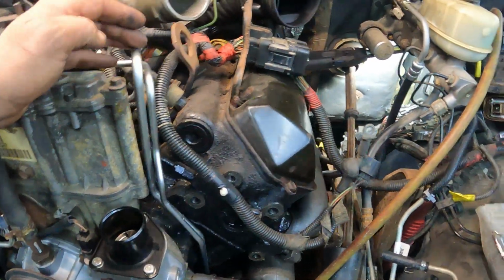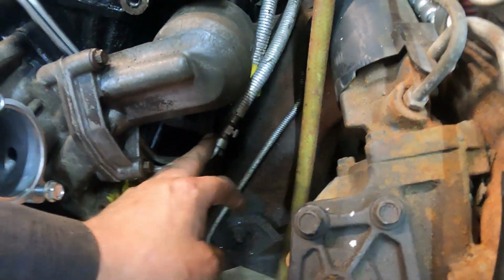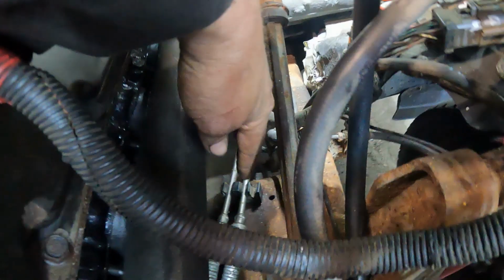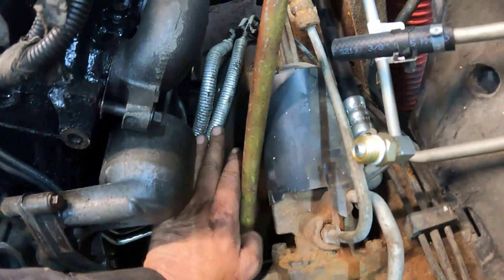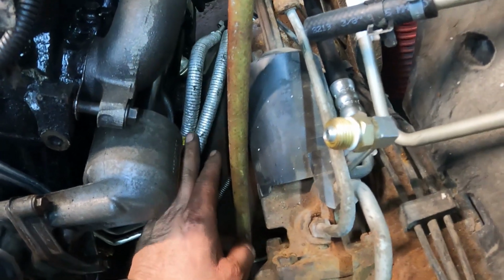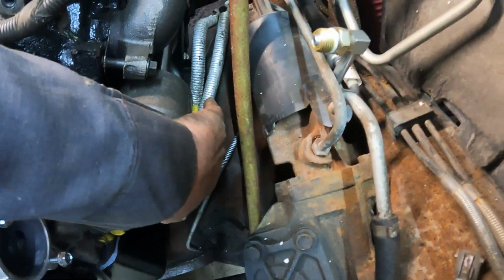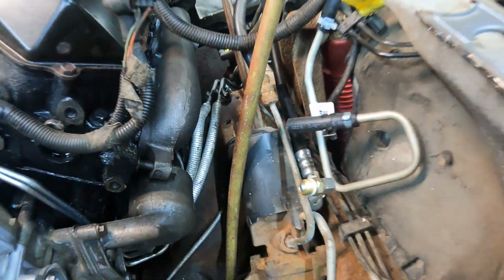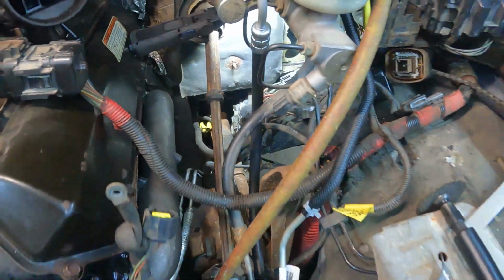I installed new fuel lines here. I had to bend them up a little bit to make it all fit. The bracket that holds the lines was sitting over there first in that hole, so I had to move it over a little bit because the 6.0 hoses are quite a bit shorter than the 7.3. So I bent these lines up, moved that bracket over, and bent those lines down a little bit right there. Now